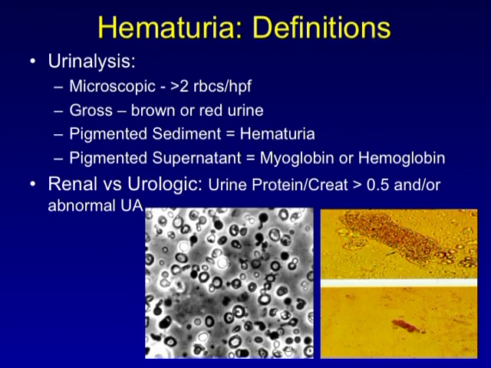The abnormal UA is difficult unless you're used to looking at urines, and the hematuria that comes of renal origin looks different than that of urologic origin. And this is a slide of so-called dysmorphic red blood cells, where there's a lot of heterogeneity in the size of the red cells. They often have Mickey Mouse ears or appear like a snowman. And this occurs from the red cells crossing the basement membrane and being disrupted as they traverse through the tubule. And they look very different than blood that might originate from the bladder or from the urogenital system, where cells would look much more like what you might see on a smear. And then if you're lucky, you might see red blood cell casts. And of course, this is the sine qua non of an acute glomerulonephritis,